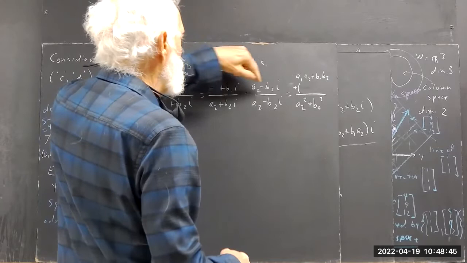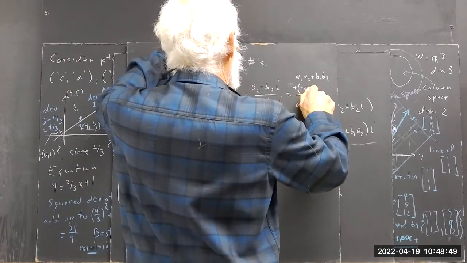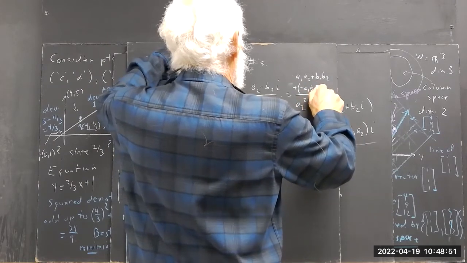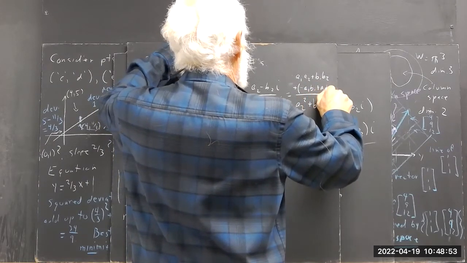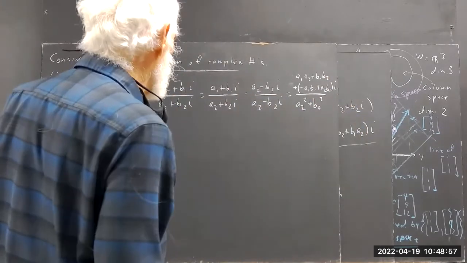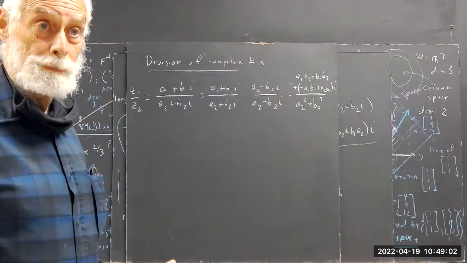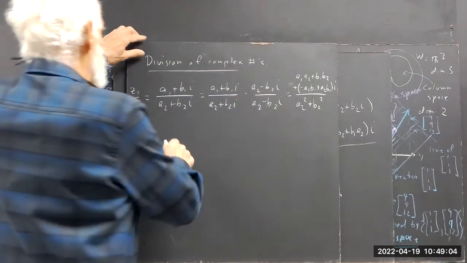Okay, A1 B2 i is negative, so A2 B1 minus A1 B2 times i. Okay, in other words, you just rationalize the denominator and you get the quotient. And this equals